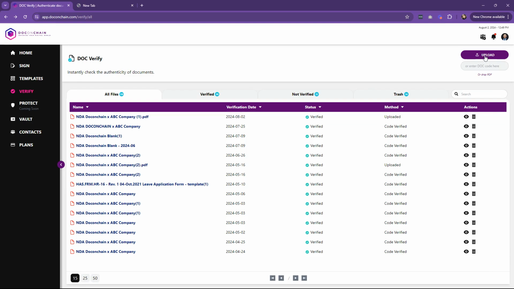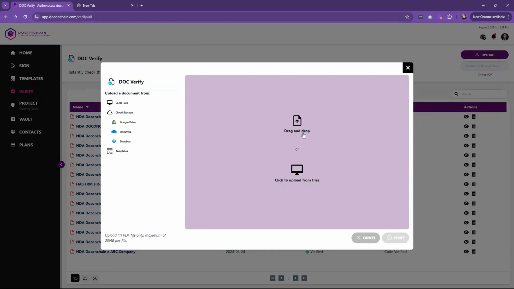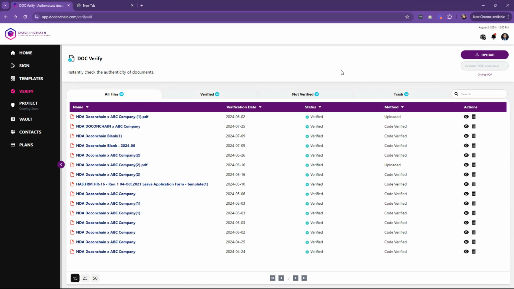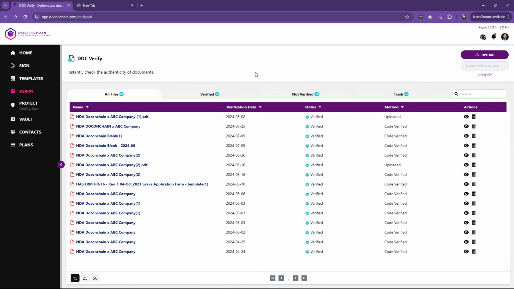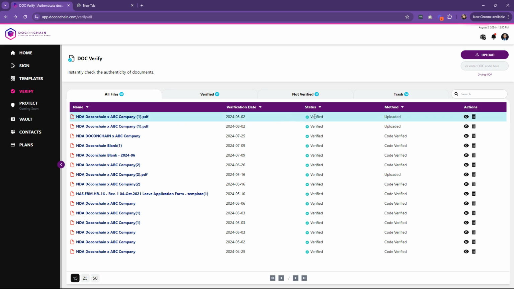First is by clicking on the Upload button and uploading from your local files or from your cloud storage. You may also drop your document on the Doc Verify. Once the document is uploaded, you can see it at the first line of your files. You can open it through the Action button here,